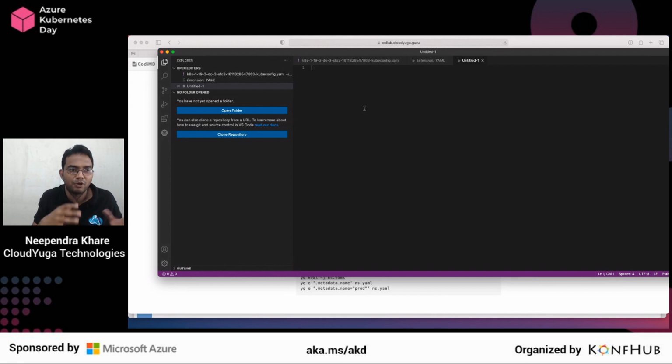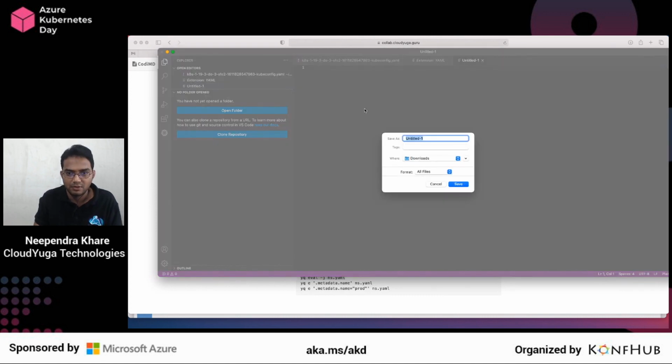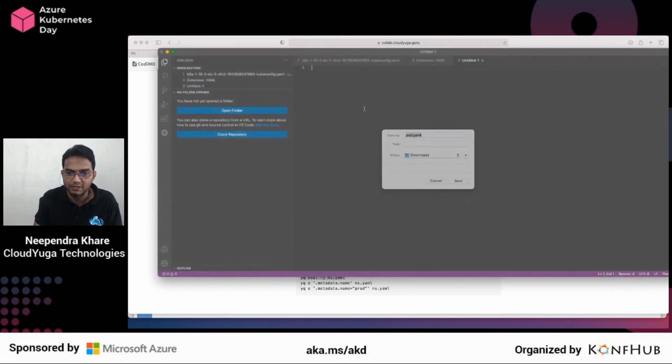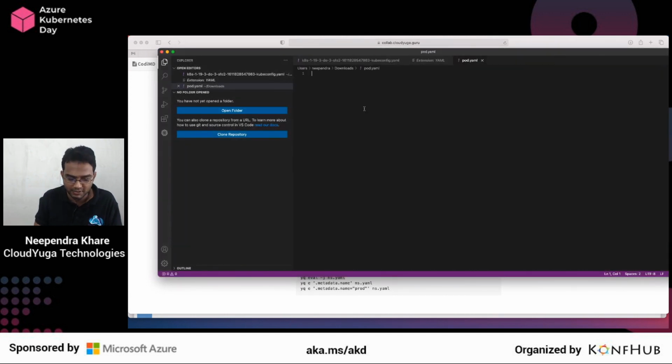Because I already have the YAML plugin installed for VS Code here, I can say API version here. Okay, let me just give the file name first. Let me say pod.yml, for example.